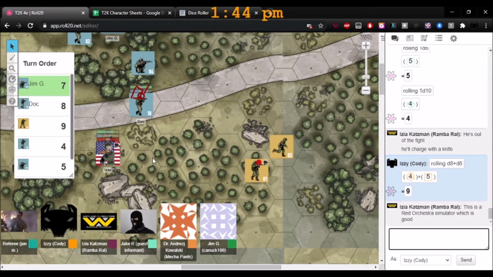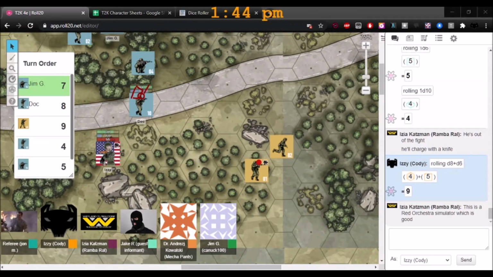Okay, Jim, your turn. So that's an interesting thing, how stress works. It can really work both ways, or suppression, I should say. Okay, Jim. Did I see my buddy Izzy get suppressed there? Yeah, in the last round you saw the bullets flying, shots coming from behind this cover, and Izzy's just hugging the dirt there.